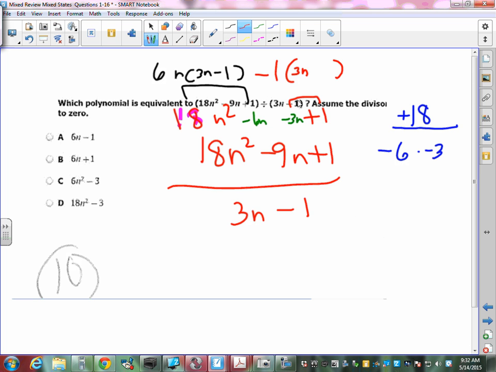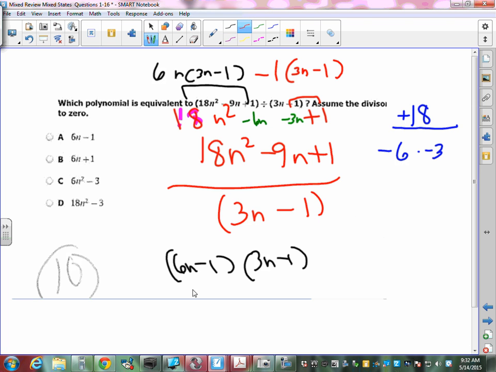And then negative 1 times what is positive 1? Okay? Now if we look at these, what group do they have in common? And then what's left over? 6n. Right. Now the bottom, the 3n minus 1, there is nothing in common there, so we can just put